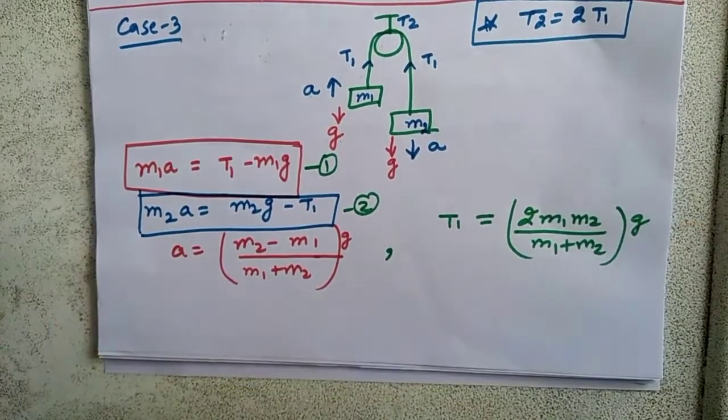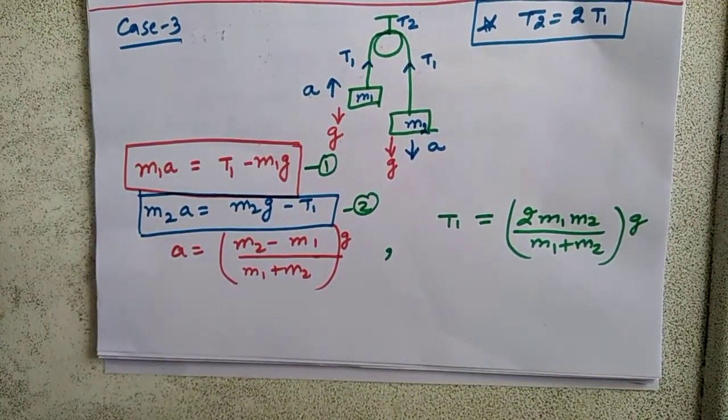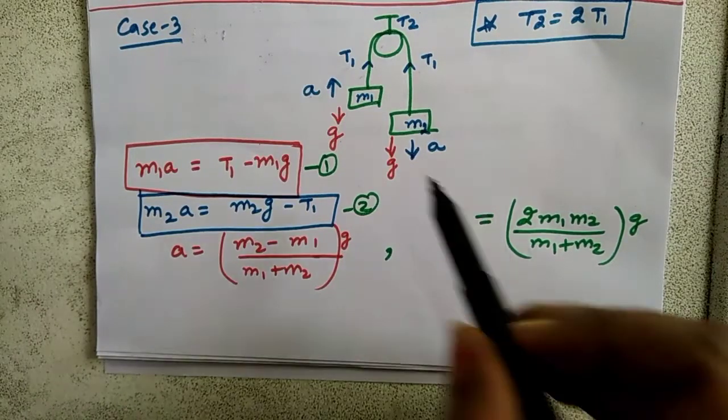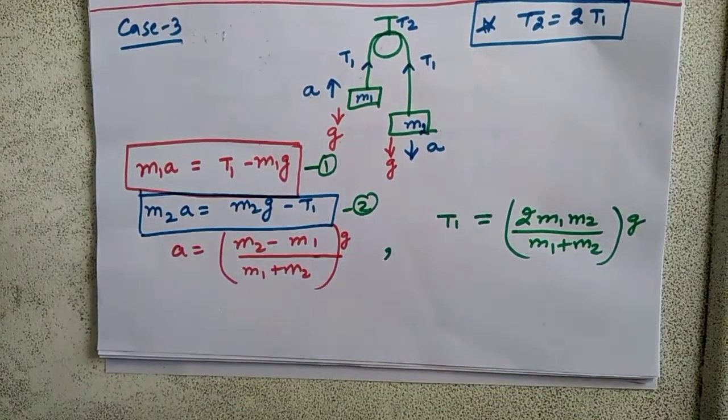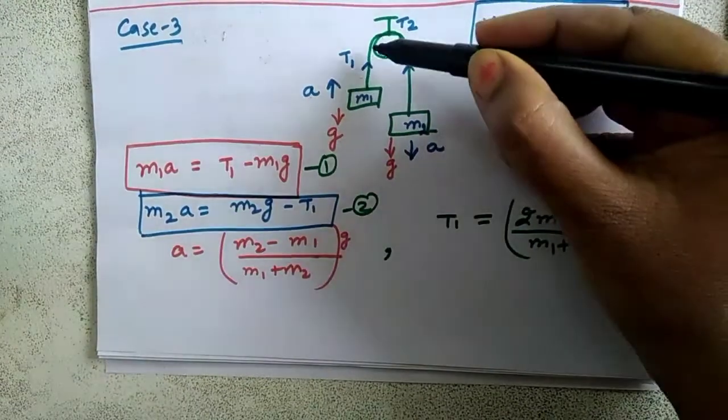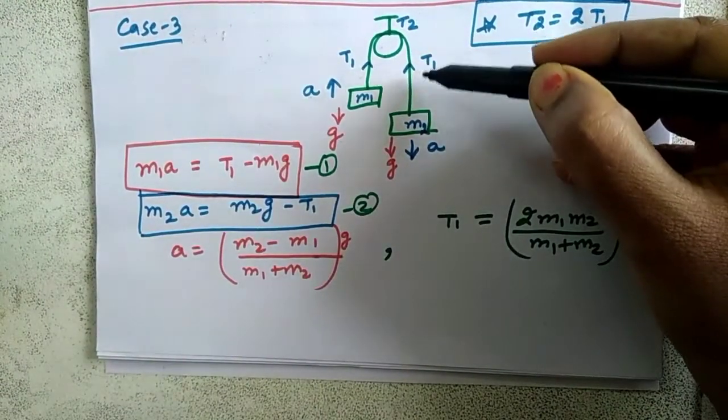when a body is hanging. Now, earlier I told you if two bodies are resting on a surface, you will not consider the effect of acceleration due to gravity, that is G. But in this case, these bodies are hanging, so we cannot ignore the effect of acceleration due to gravity. There is a string, that is why there is tension in the string.